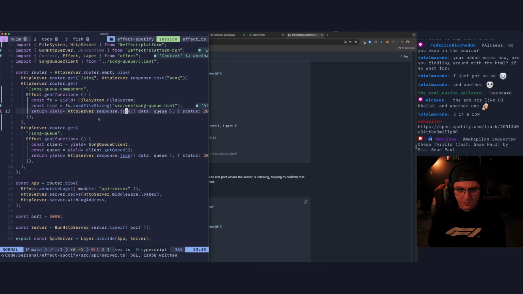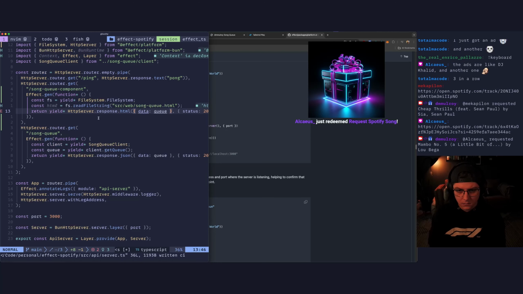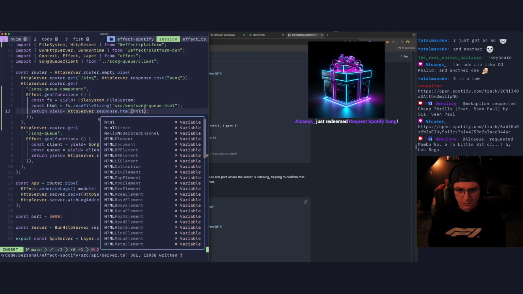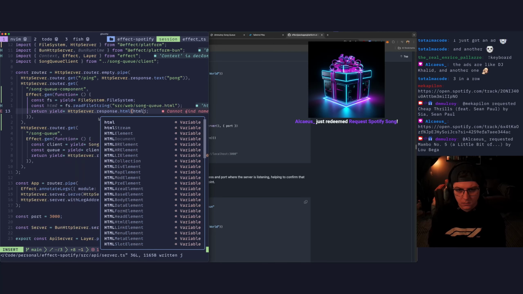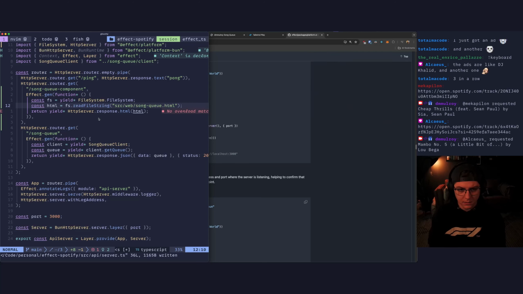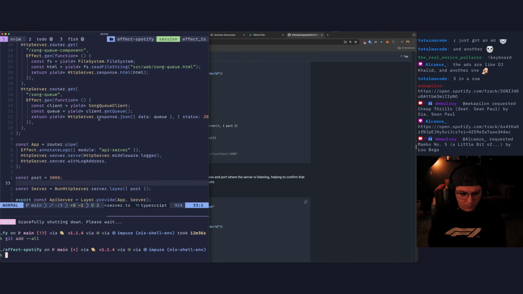And then this is going to respond with HTML, and it'll be HTML. And this needs to be yielded. Yield star. If we do that, we should be able to redeploy, fly control. Oh, do I not have that in my